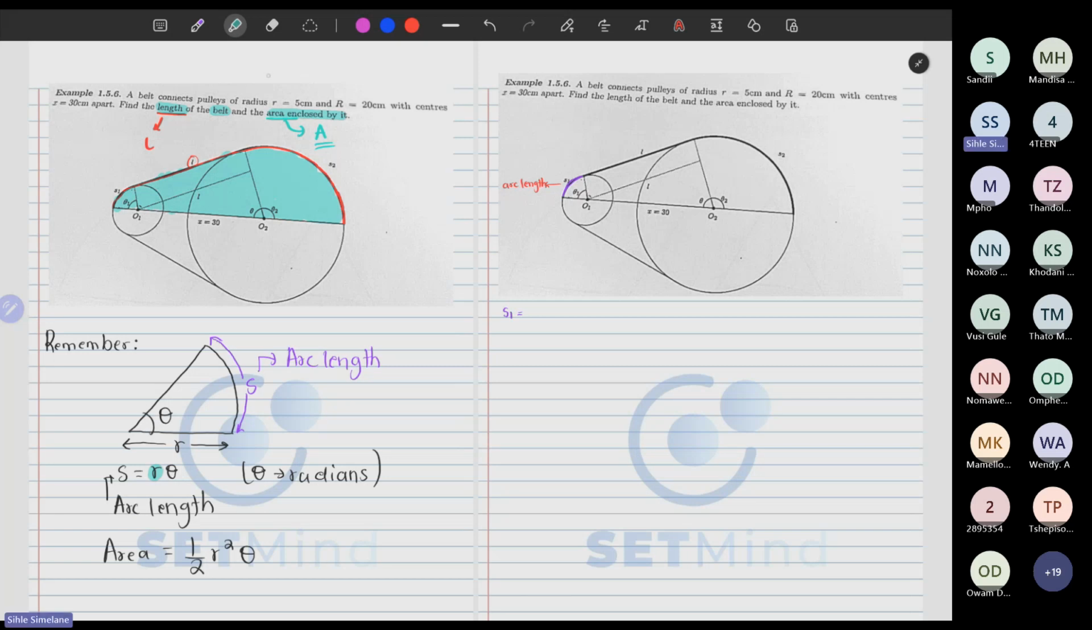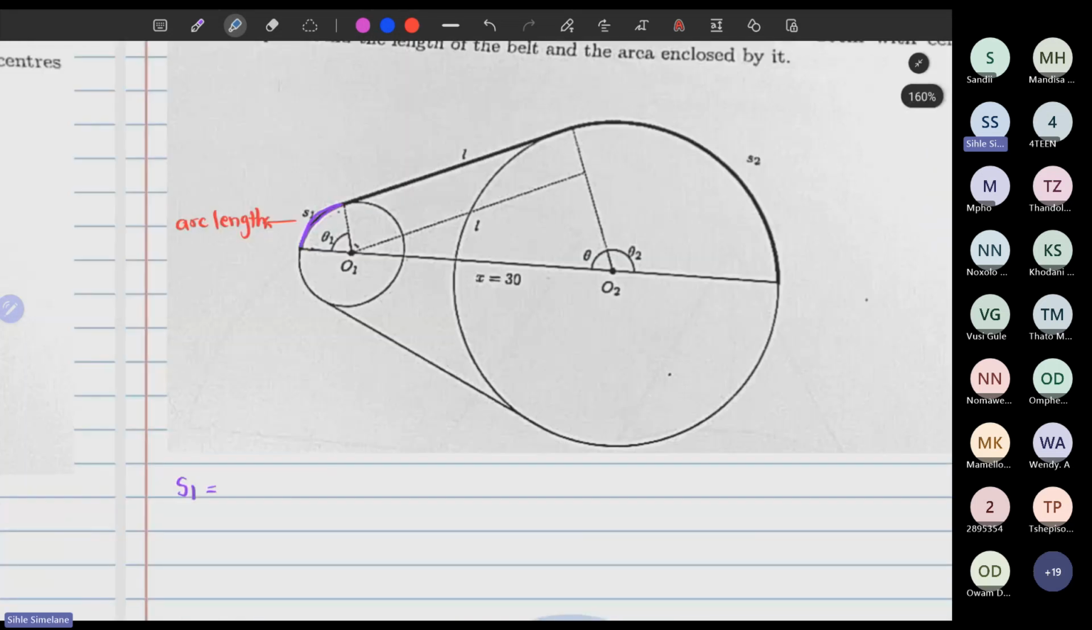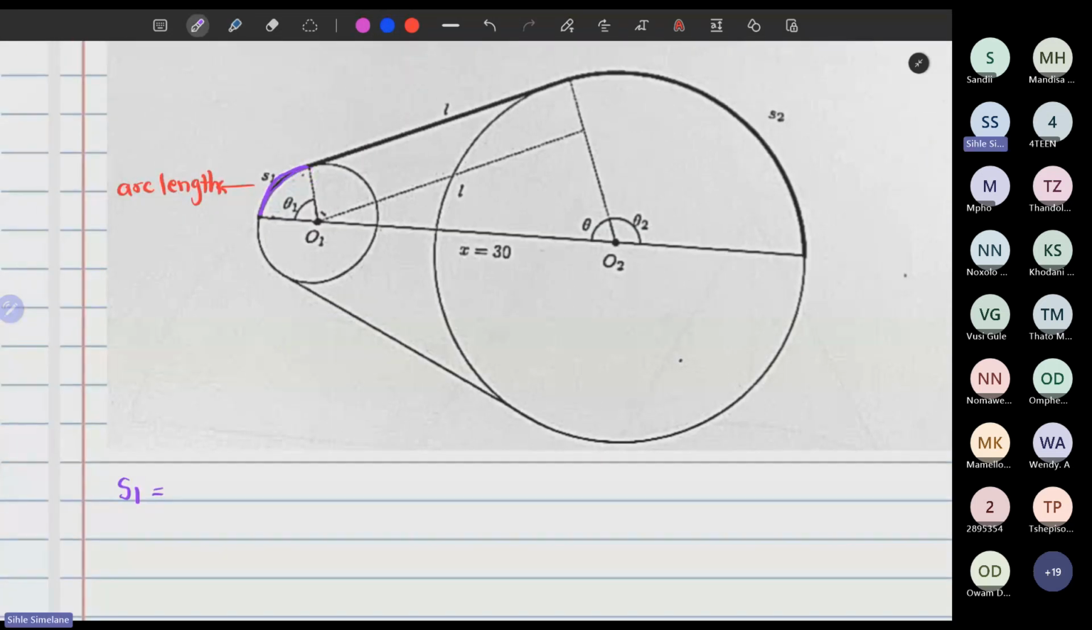So if you look at our equation here, we said the arc length, which is the length of that line on the outer side, is given by the radius multiplied by the angle. So if we zoom in and look at our S1, you will see that the arc length of S1 is given by our,